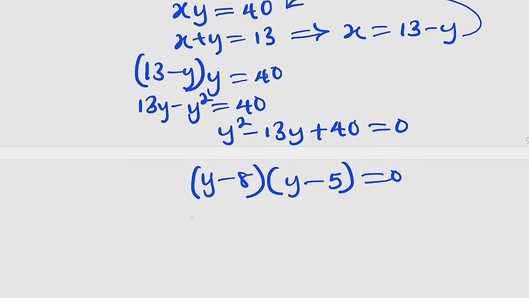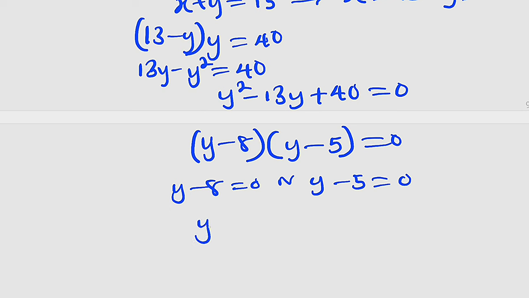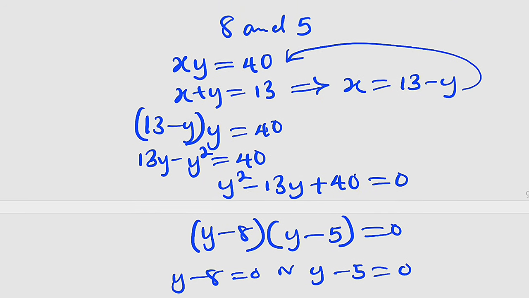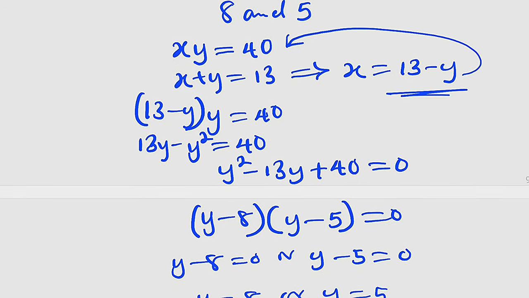By setting each factor equal to 0, we have y minus 8 equals 0 or y minus 5 equals 0, which implies that y is equal to 8 or y is equal to 5. So y is either equal to 8 or y equal to 5. But remember, we have a value of x, which we have declared to be